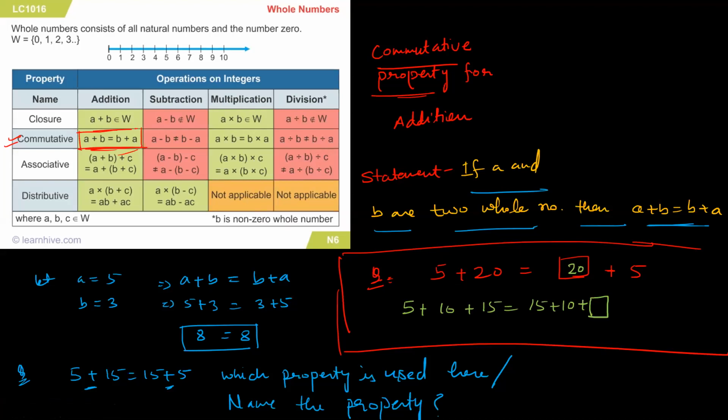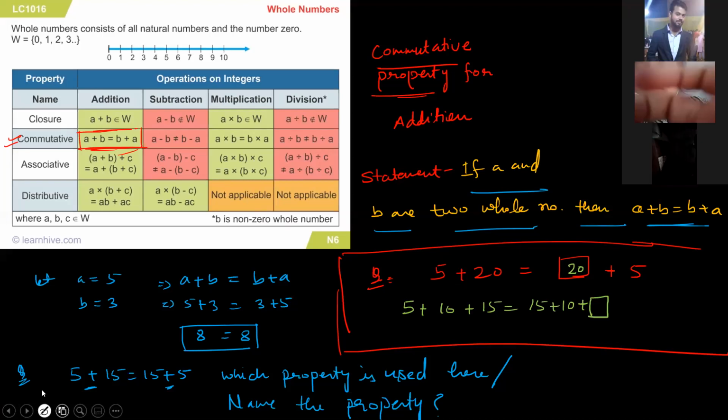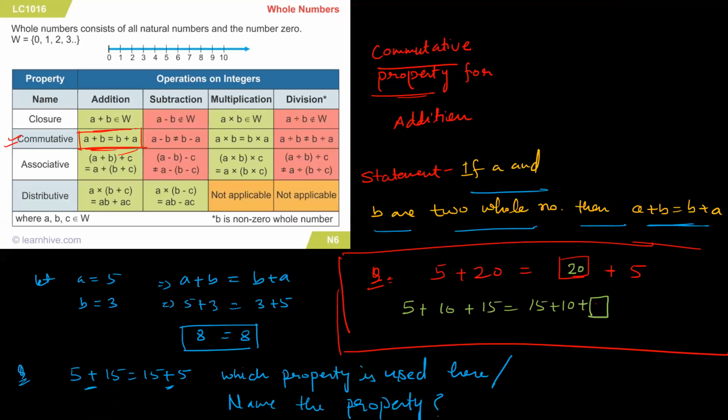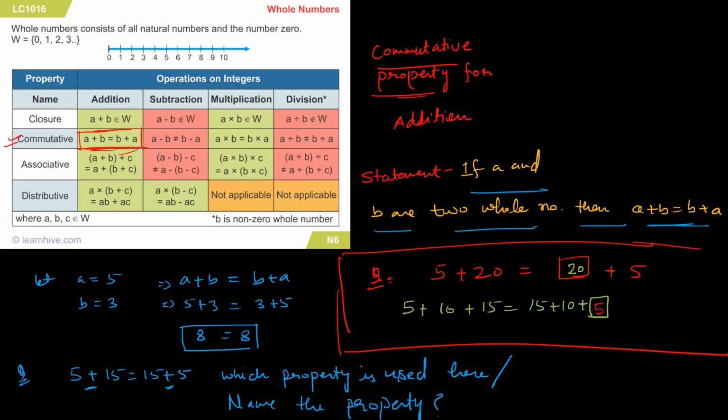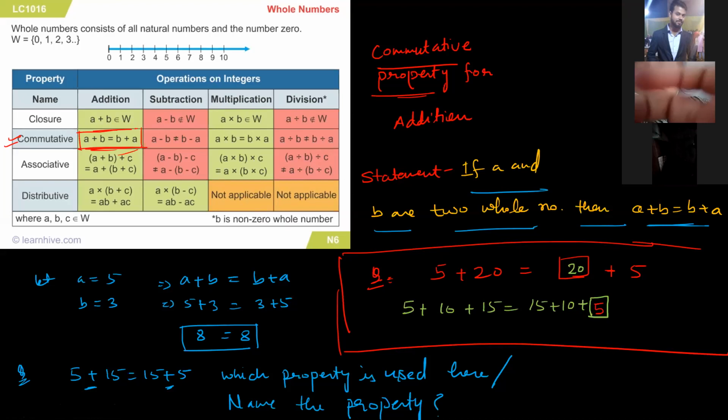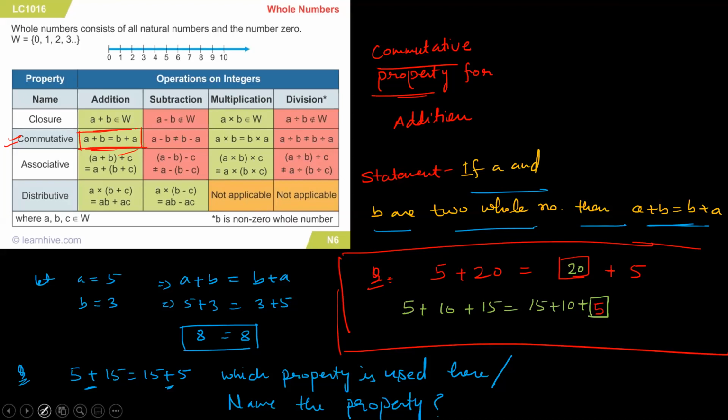Yes, 5. So the right answer is 5, because this is also the commutative property for addition. ये property 2 numbers के लिए, 3 numbers के लिए, 4 numbers के लिए, सबके लिए applicable है. Fine. Now